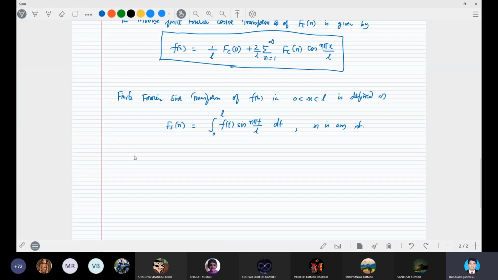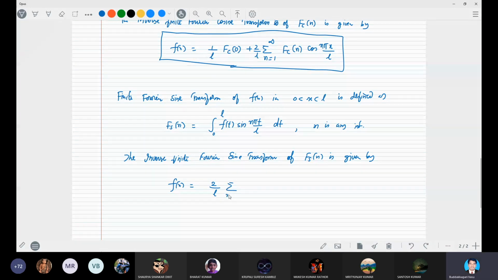Okay, and the inverse finite Fourier sine transform of Fs(n) is given by f(x) equals 2 by L into sigma n equals 1 to infinity Fs(n) into sine n pi x by L. Okay,